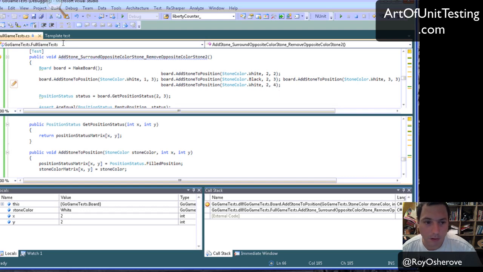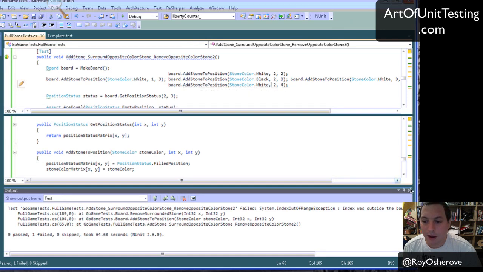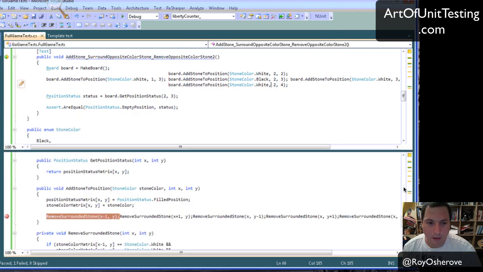So maybe the production code is wrong. We can make it simpler. Maybe we're just getting the whole thing wrong. Simplify. What if we just remove some surrounding with X and Y minus 1? I mean, we already have that,